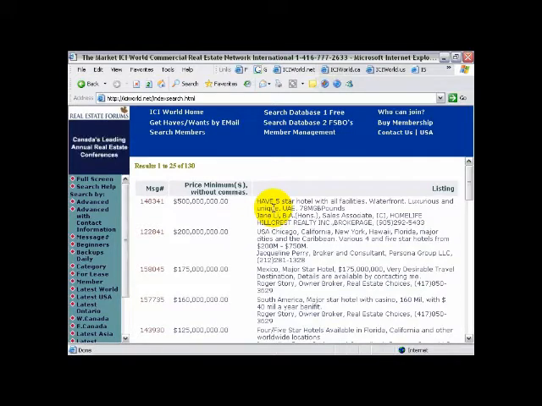Is this the only database that we can do this search on? No. Where's the other database? I'm sorry? The FSBOs, that's right. Let's go and do the same thing in the FSBO area. Let's go up to Search Database 2 FSBOs, way up at the top.